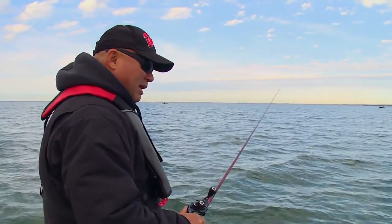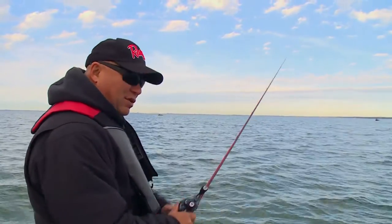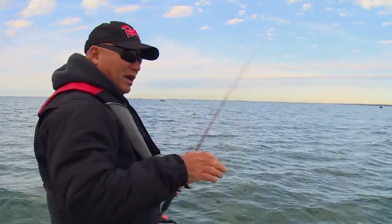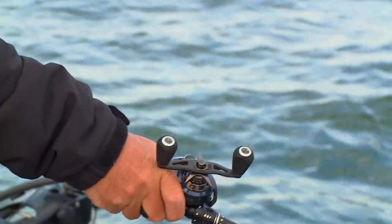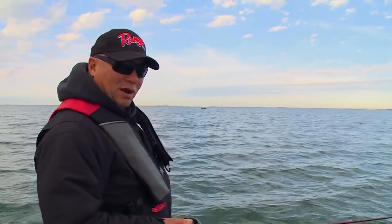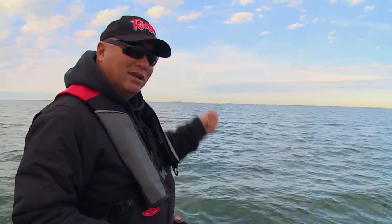So I'm going to let this bait get caught up to the boat here, and I'll go over some more fish here. But the cool thing about it is you can cover water this way, and on big water like Lake Erie or other Great Lakes, you can just let this thing down and slow troll it by lifting and dropping this bait and covering water. Or if it's windy, just let the wind take you and just